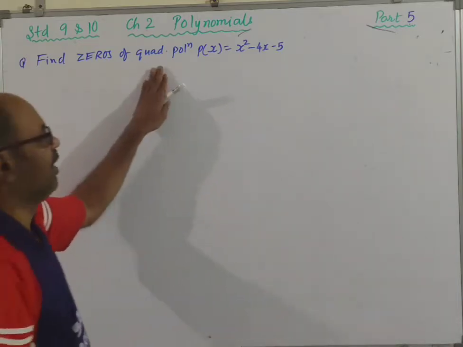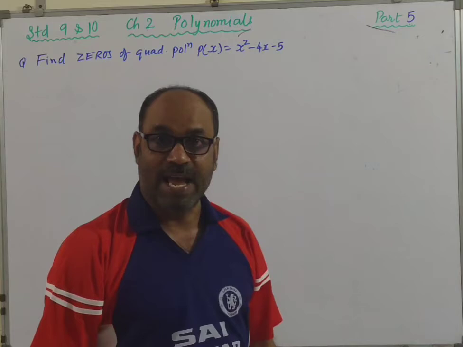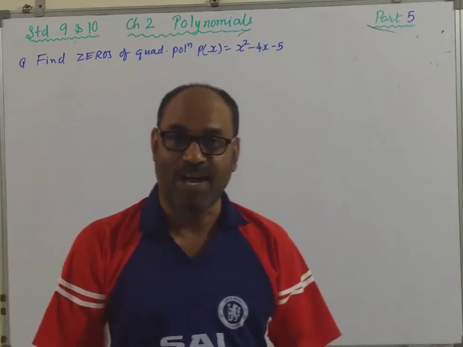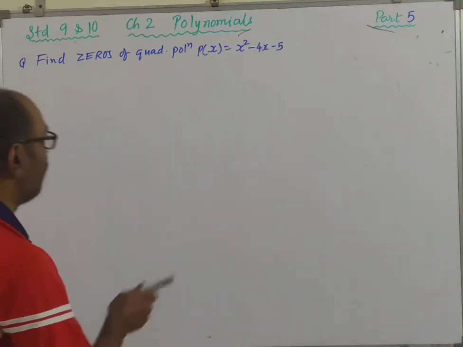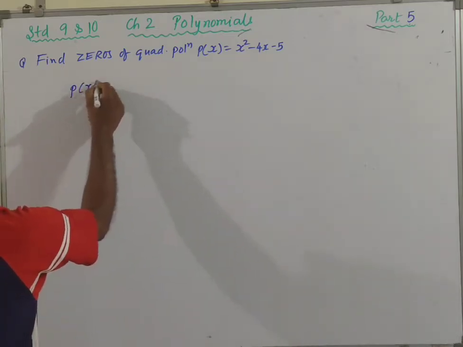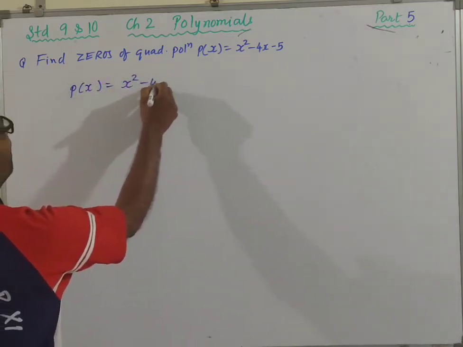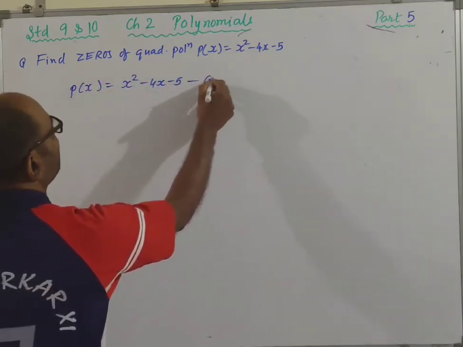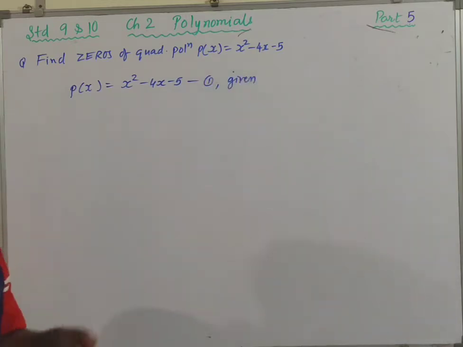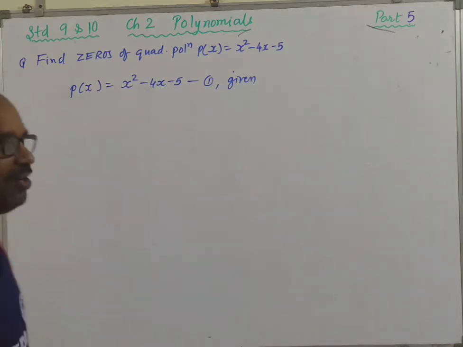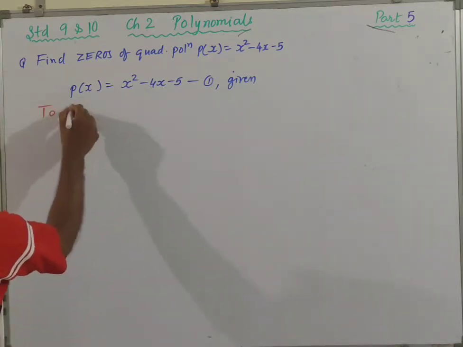Find zeros of quadratic polynomial p of x equal to x square minus 4x minus 5. This time the quadratic polynomial is given and you have to find its zero. P of x is equal to x square minus 4x minus 5. This is given by data. Alright, quadratic polynomial is given. Now you have to find the zeros. So what do you write? To find